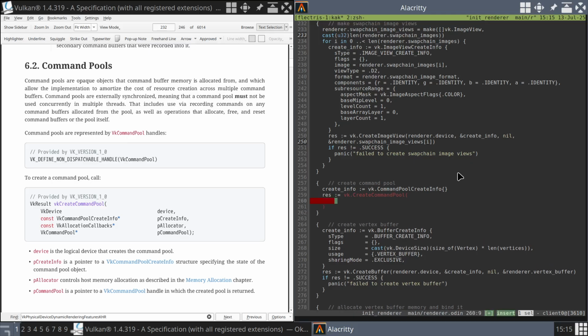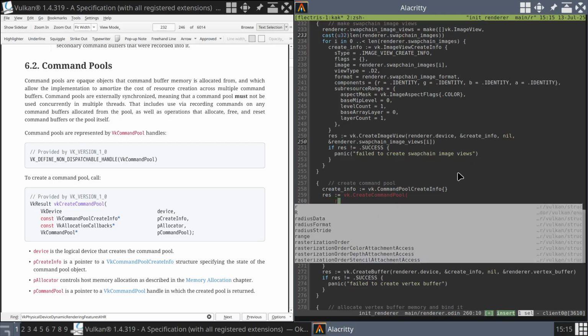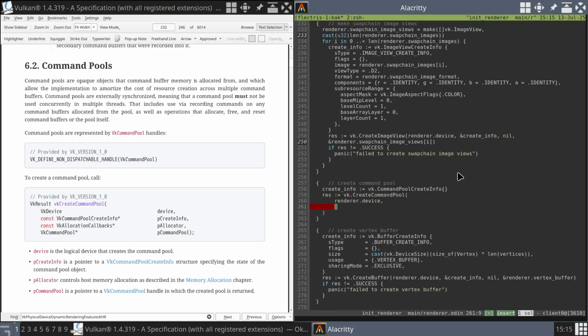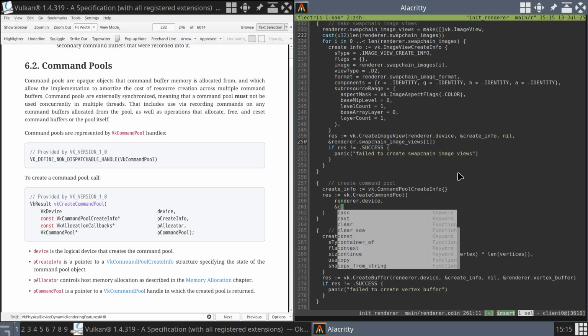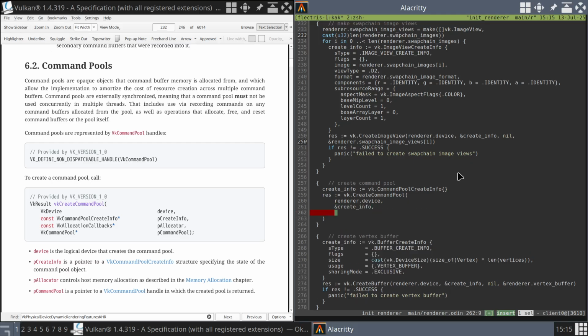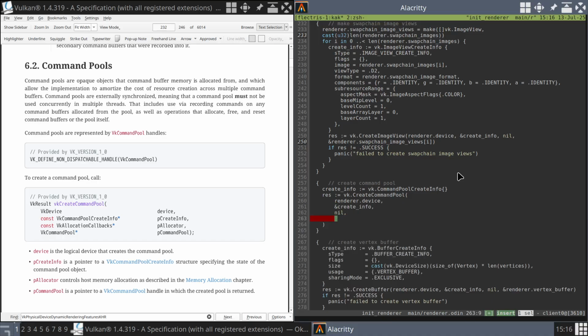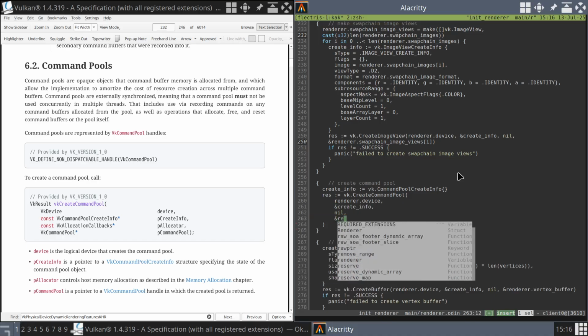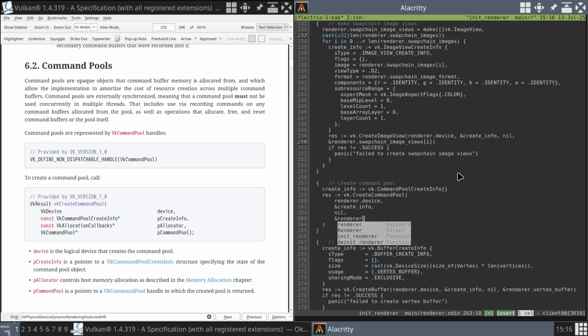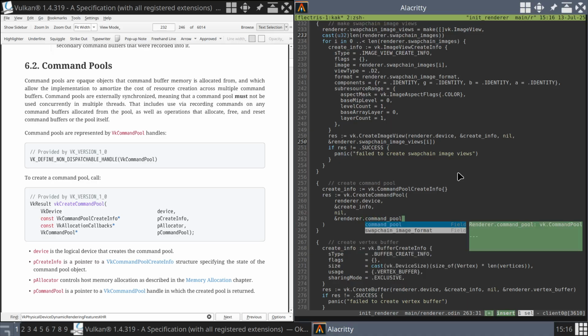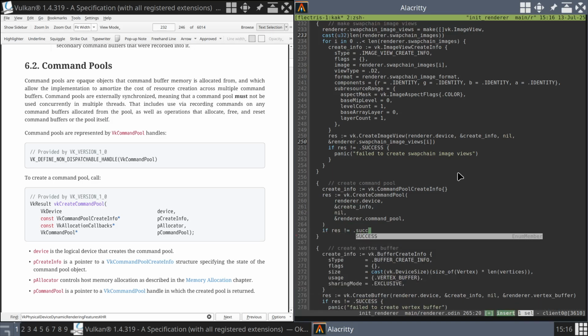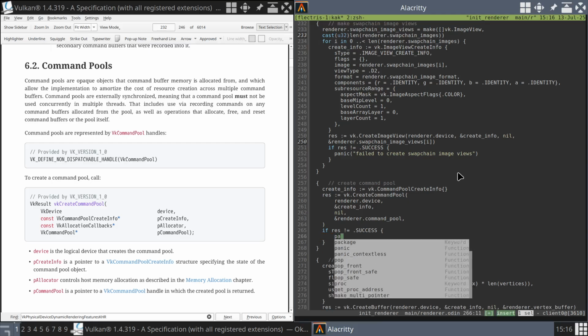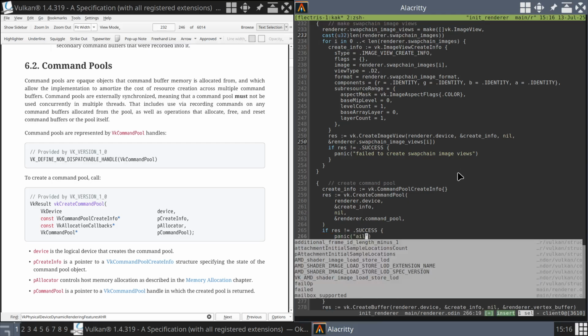Okay. And our create command pool takes our device, because of course it does. It takes a pointer to our create info. We do not have a custom allocator, and it will put the created command pool handle on our renderer directly, like so. If res is not success, panic,